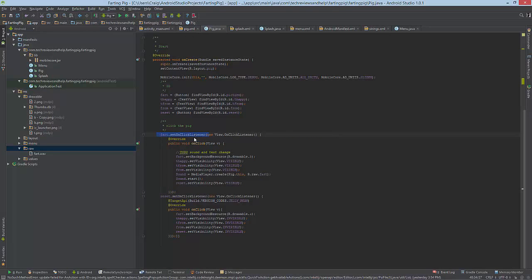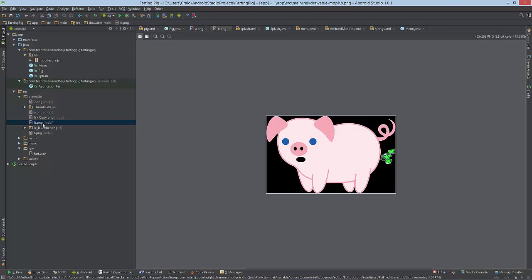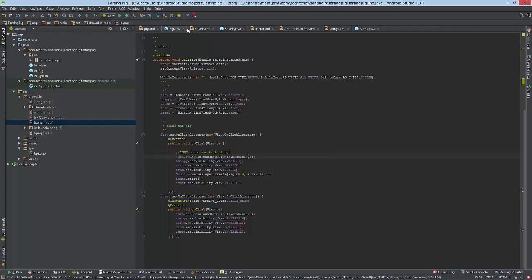So when a person clicks on that pig, again, that's a button, the image of that button changes. It changes from this to this. Let's close that real quick. That way it changes that. Then it makes the text below it visible, and then it plays a sound,